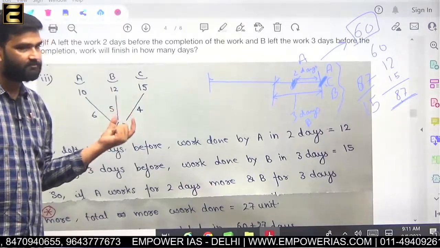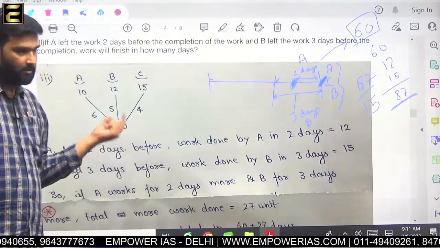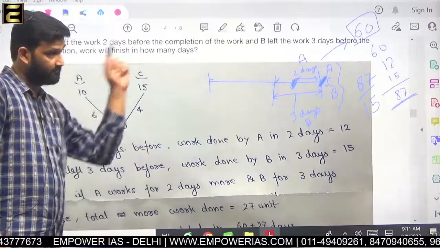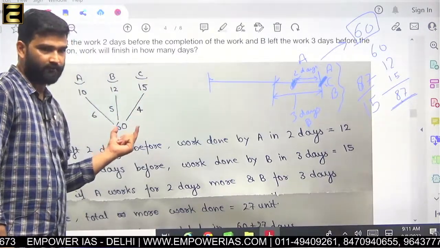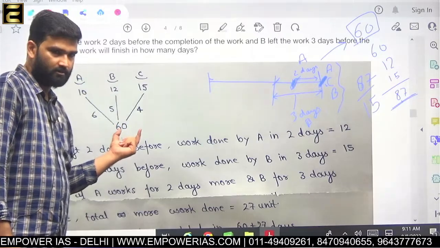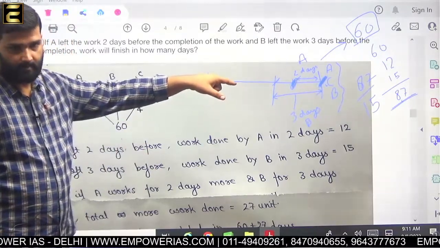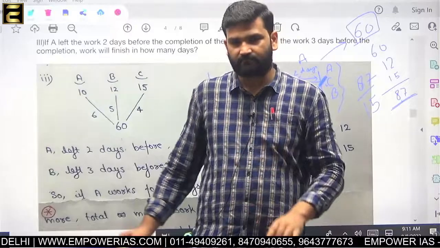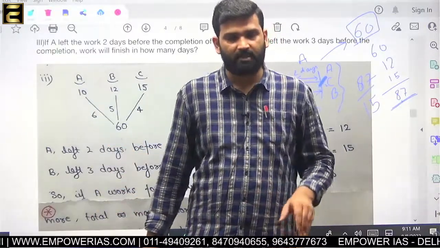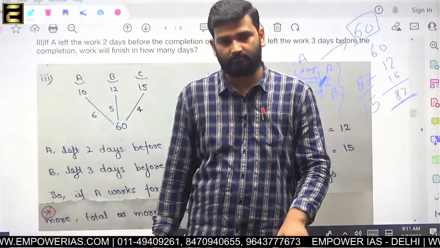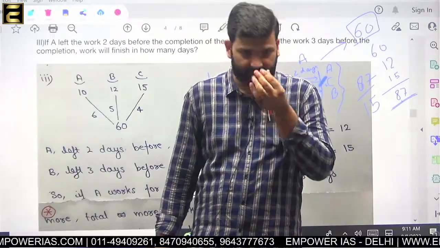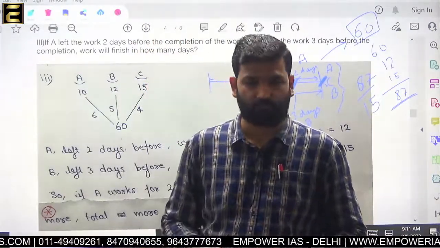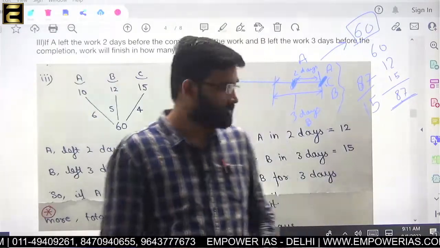So the entire question is based on 60 unit of work. But since we have modified the condition, its reaction will be here. So there we have modified, and here also we have to modify. So instead of 60, now we are doing for 87 unit. And what was the question saying? That A left the work 2 days earlier and B left the work 3 days earlier. Now since we have modified it, our question becomes: A, B and C all did the work till the last date. Understood? So whenever we are going to modify the question, we have to modify some of the given values also. Okay? Is this question clear now?